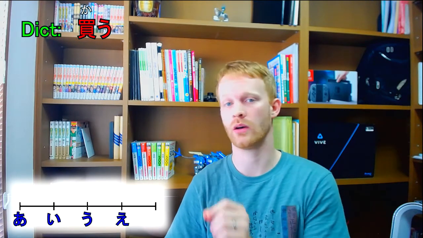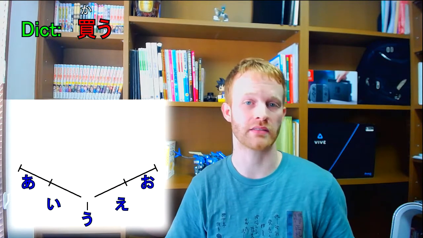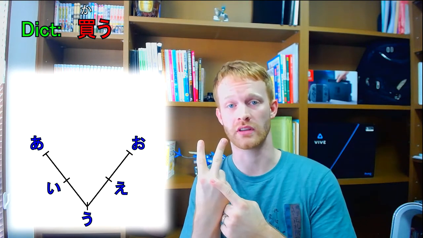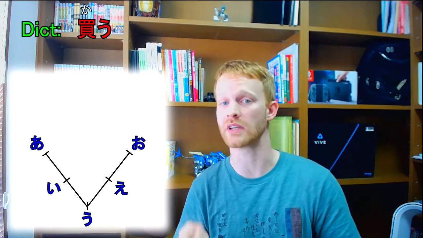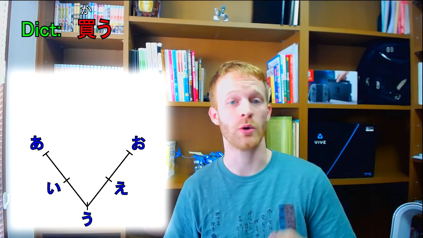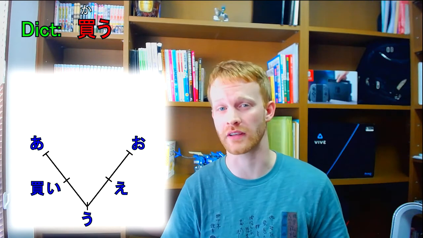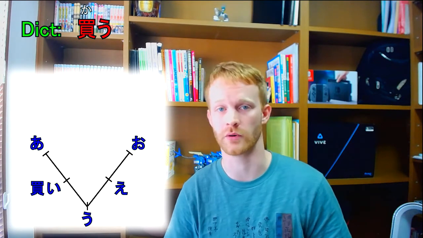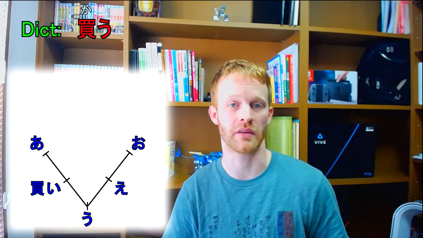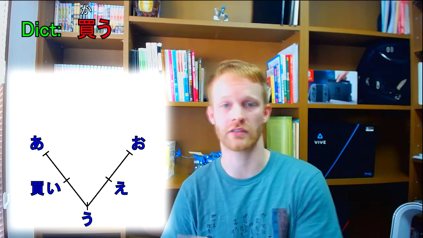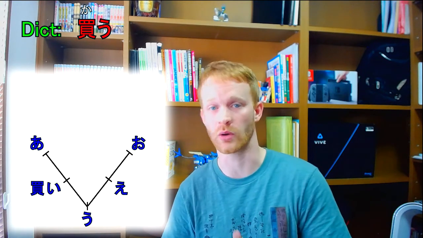If you remember your kana chart, U is in the center. A, I, U, E, O. Think of this as a base, like V for verb. U is in the middle where you start with, and as you go out to the ends, you change the meaning slightly. Like before, ka-u became ka-i-mas. This is called a few different things, but the easiest is just mas form. However, I prefer the other name, the stem form, because this form is used to link to other things later. So the I is just the beginning, or stem.